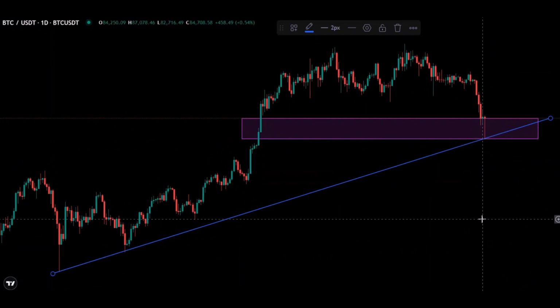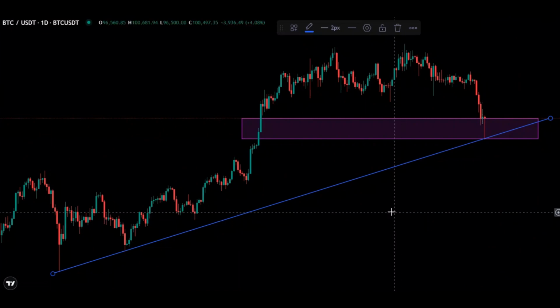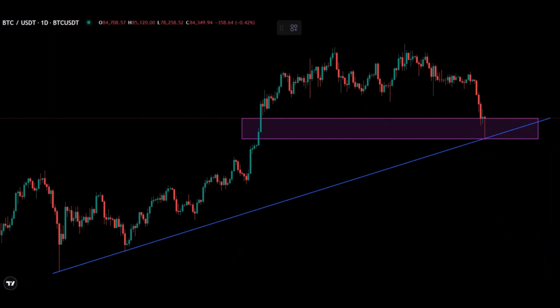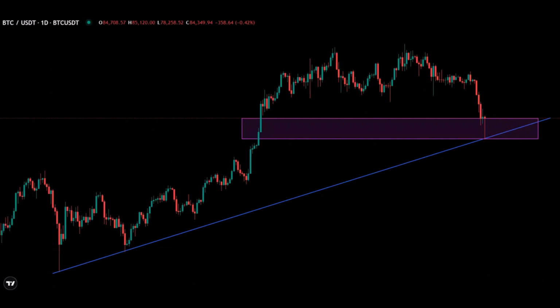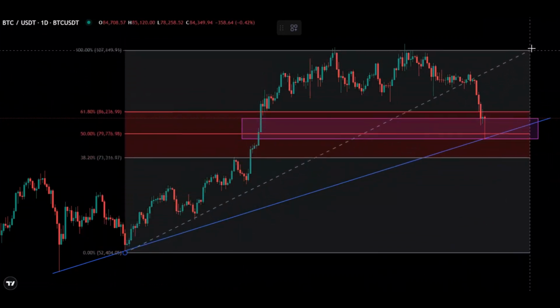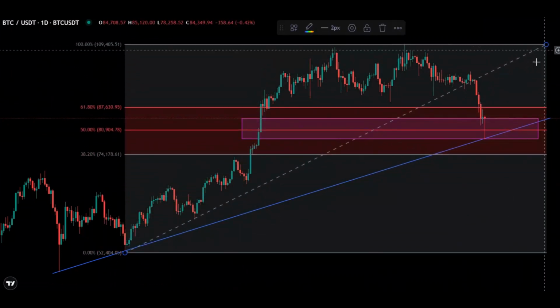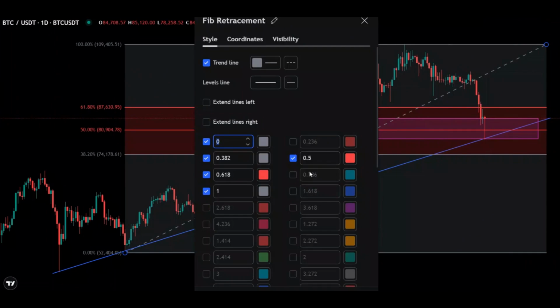Fibonacci, the wizard behind the curtain, whispering golden ratios into price's ear. Look for Fibonacci retracement in the tools section. Finding it is like finding a Wi-Fi hotspot in the middle of the desert. Pure salvation. Go into the settings and turn on only the 0.038, 0.5,